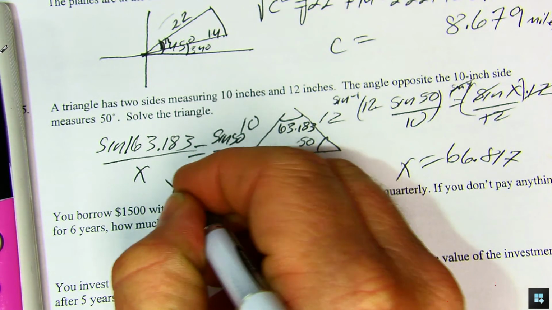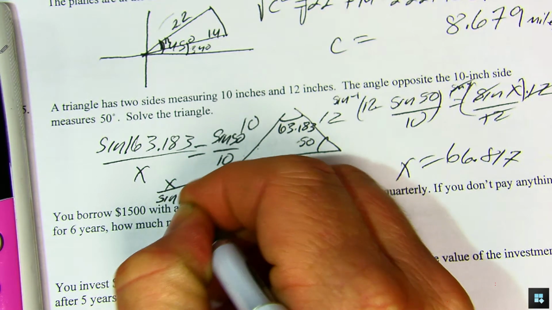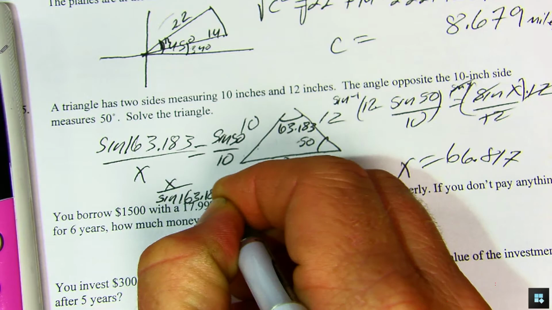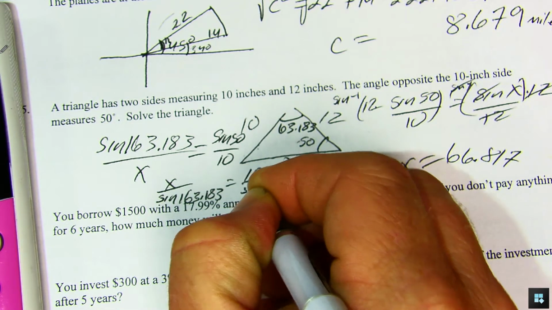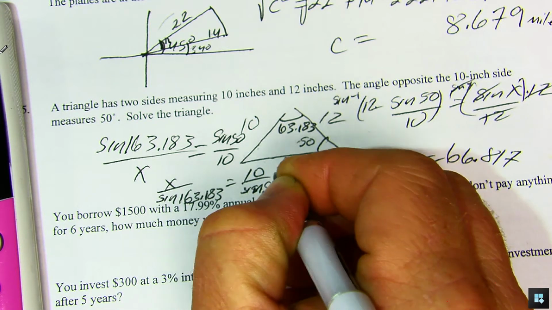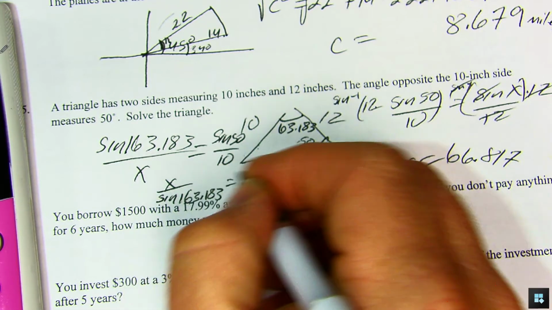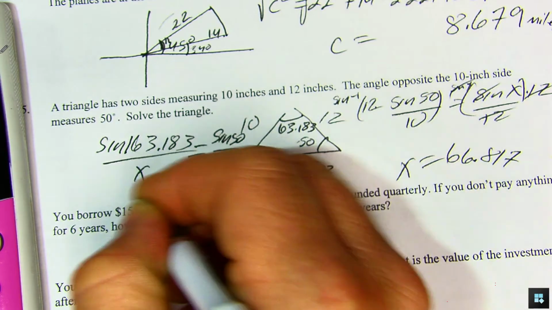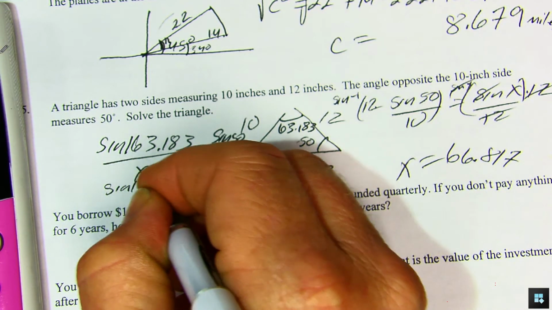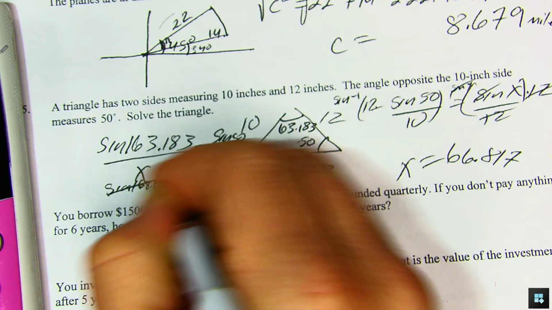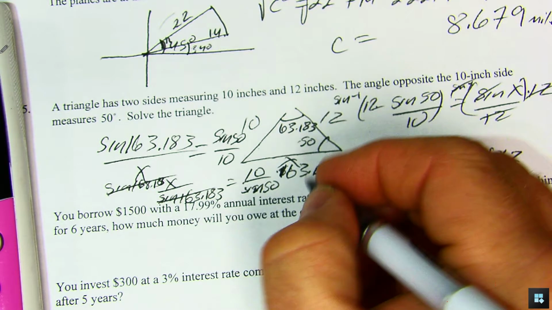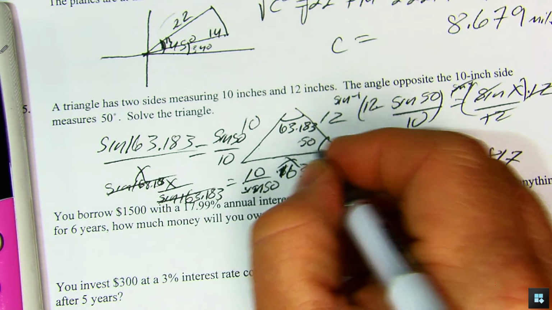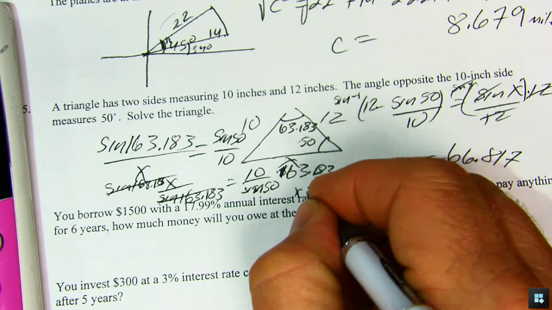That would then give you x over sine of 163.183 equals 10 over sine 50. Multiply by sine 163.183. Those will simplify, and we would get this x, which is this side down here, equal to